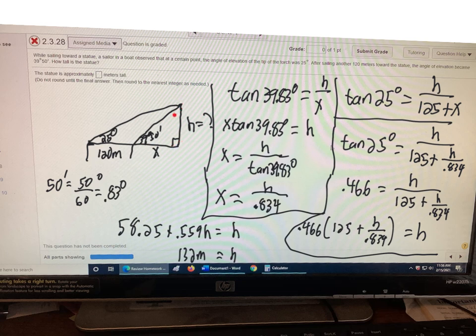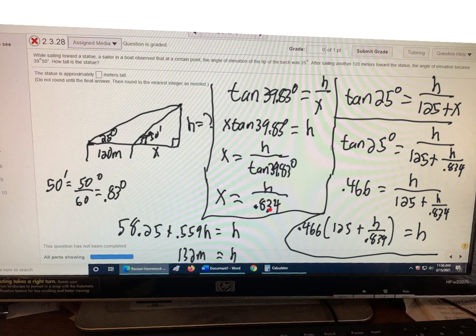I'm going to use tangent on each of them. So I'll start with the smaller one. The tangent of this angle would equal the opposite over adjacent. So tangent would equal h over x. We have two unknowns, so we've got to come up with another equation. We're looking for h. I multiply each side by x, and then divide each side by tangent. So I rearrange this: x is h over tangent of 39.83. I do this because I'm ultimately looking for h, and I put that in a calculator, and that's 0.834,